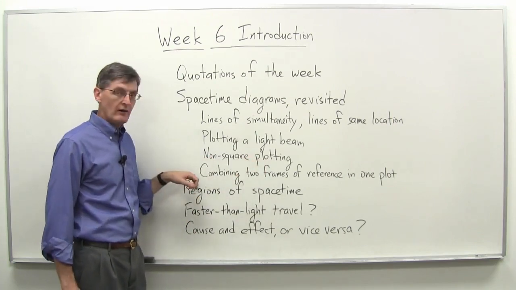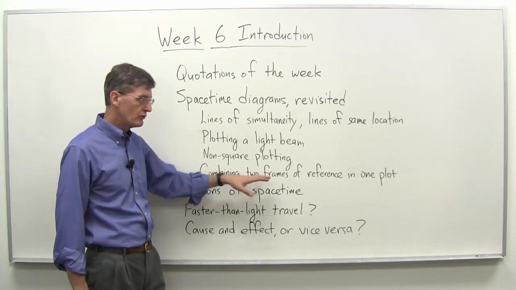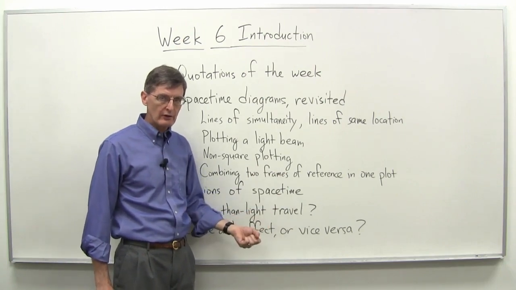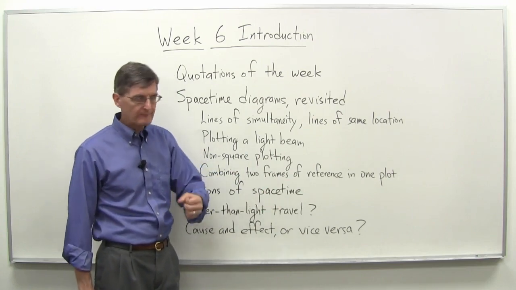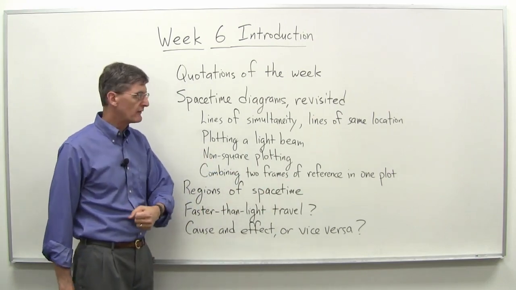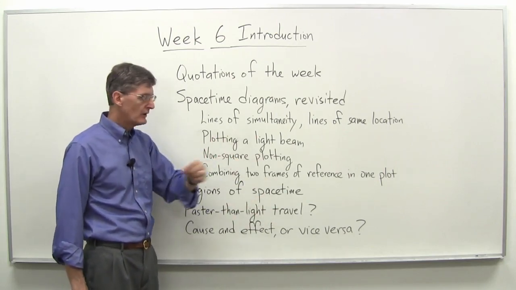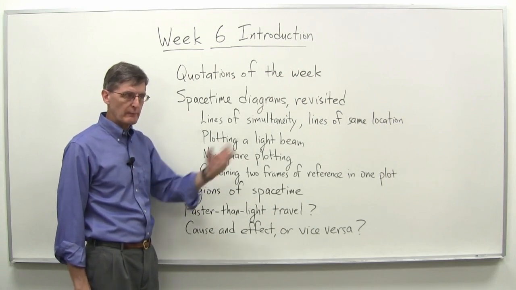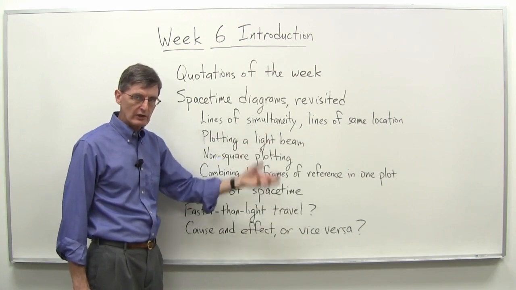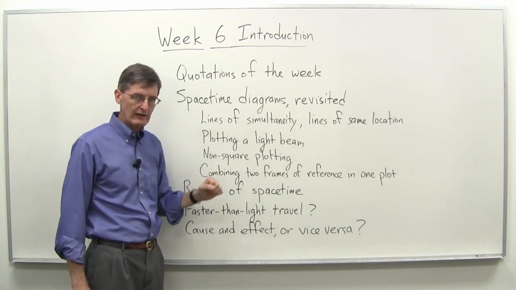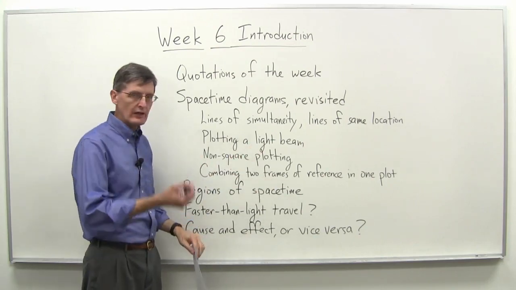Well, the answer is, our next goal here, one of the big goals for this week, is seeing how to combine two frames of reference into one plot. We've talked a lot about Alice and Bob, Alice on a spaceship moving, or Bob on a spaceship moving, the other one observing, and the different frames of reference. We've seen the Lorentz transformation to transform back and forth in terms of the numbers. If Bob, in a spaceship going by, measures an event at a certain location and a certain time along the x-axis, in his frame of reference, we can transform that event into a location and time in Alice's frame